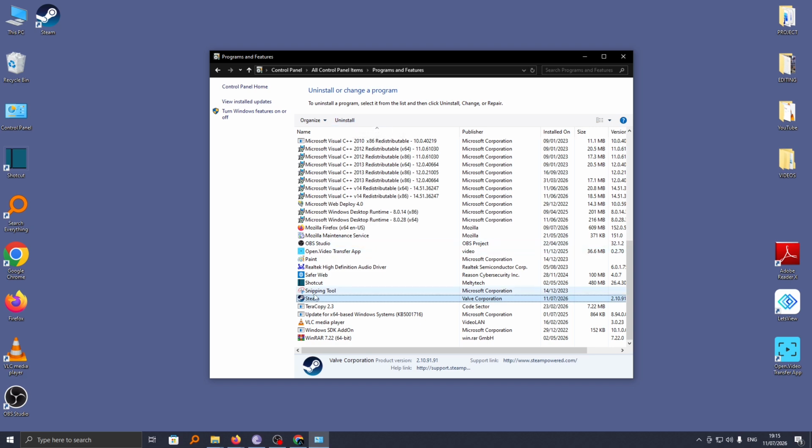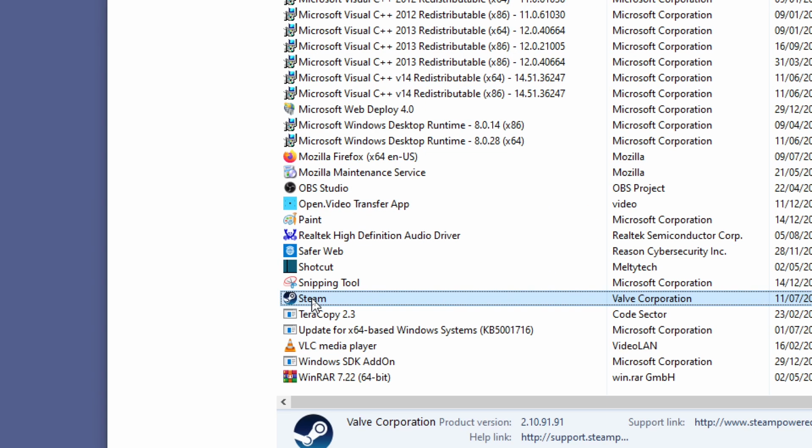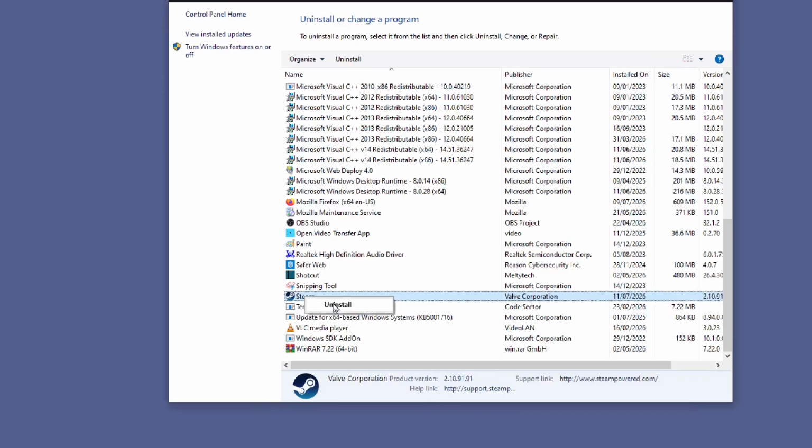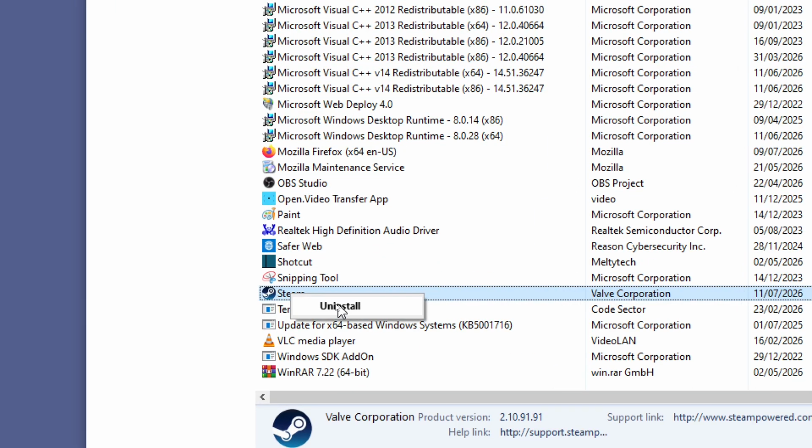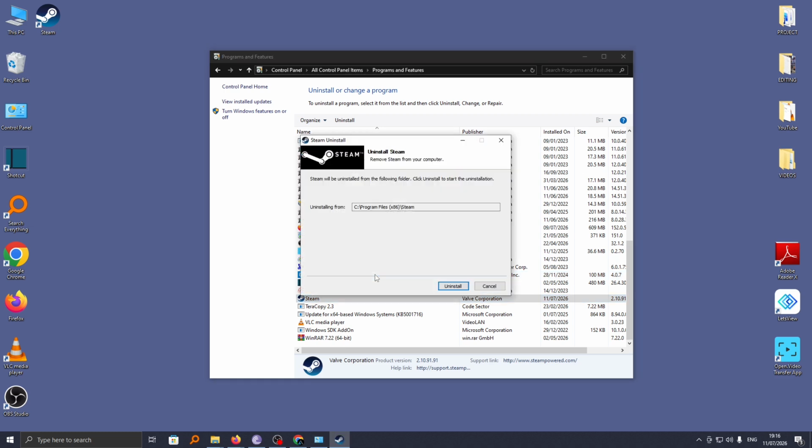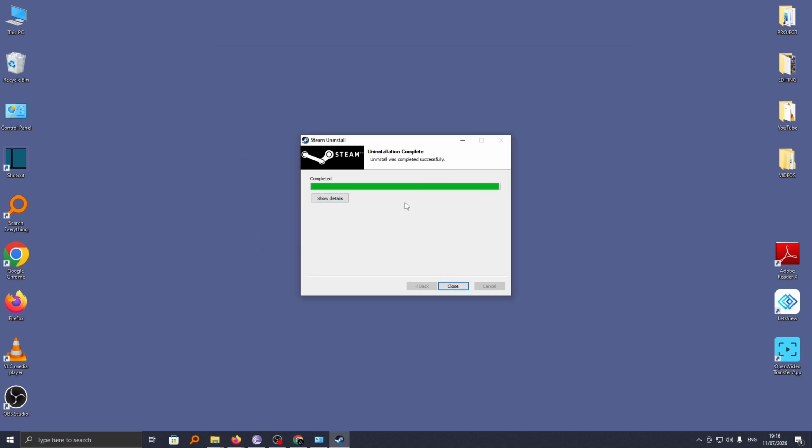If you don't see this, go to your Steam program and right click on it, and then you'll see we have this option to uninstall it from here. If I click on uninstall and confirm by clicking on yes, now here I just have to confirm that indeed I want to uninstall this program by clicking on uninstall, and now this will remove the program together with its files. So this is a heavy program and therefore it might take a few seconds,